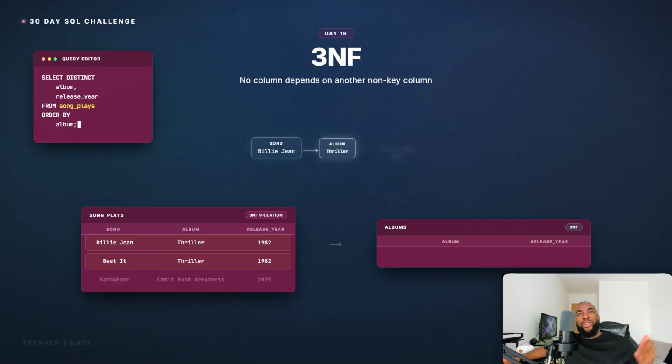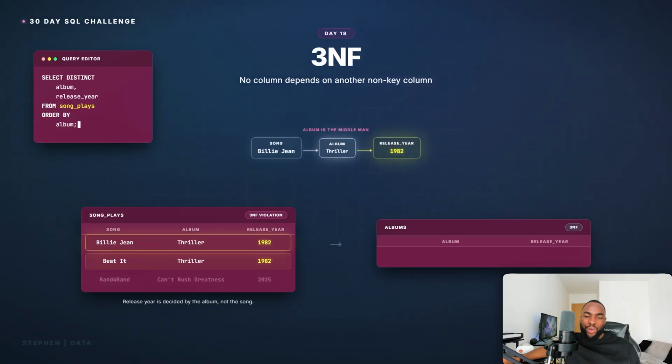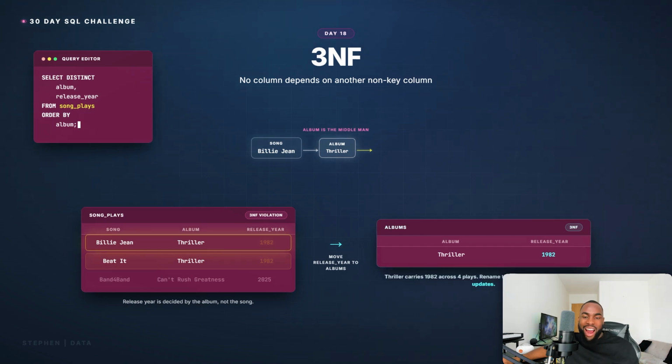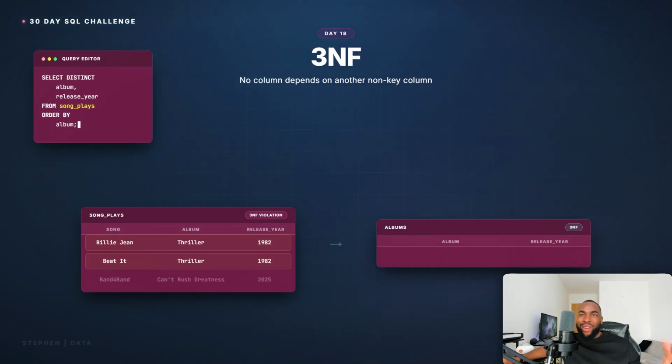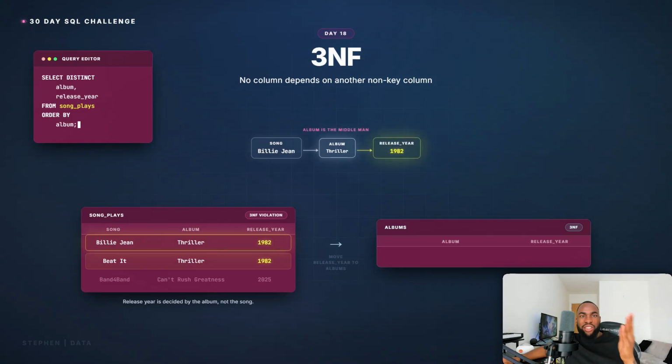Now let's talk about third normal form. So at this point, every single row records a song that we've played, and it's got a little bit about where that song comes from. So alongside the song itself, we're also writing down the artist, we're writing down the album, its release year. And if we take Billie Jean as an example,